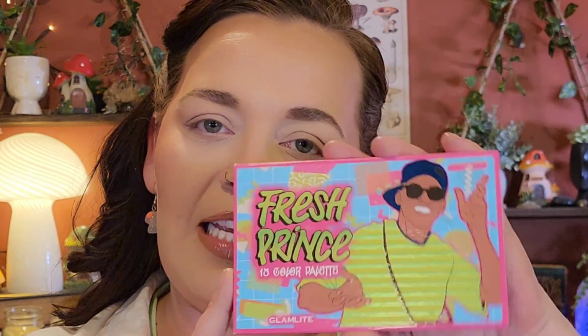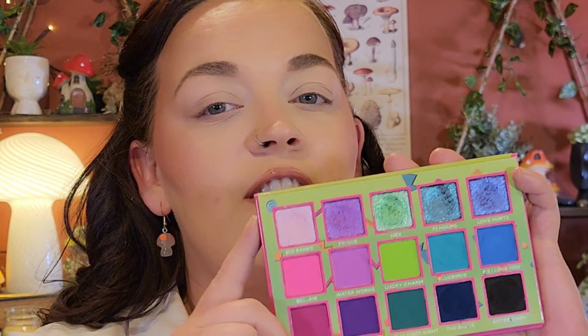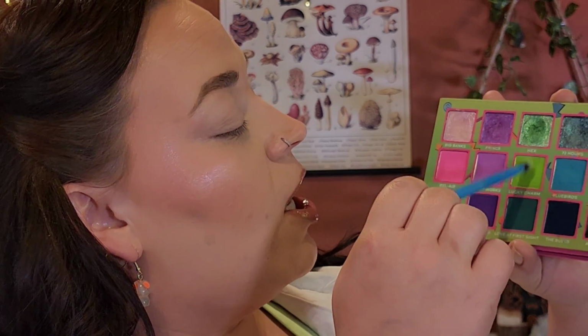And now it's time to create my first eye look. This palette swatch is so pretty. I'm sure I'll mention that in the intro, but the shimmers, I have a feeling this is a really good GLAMLITE shimmer formula. At least that's the way it felt when I swatched them, but time will tell. So I'm going to start this out with my Moto brush, and I want to go into this shade